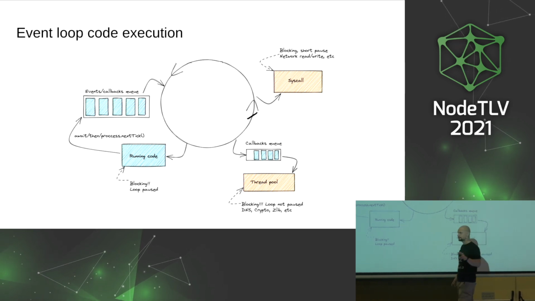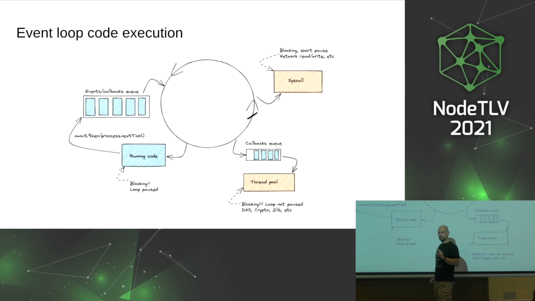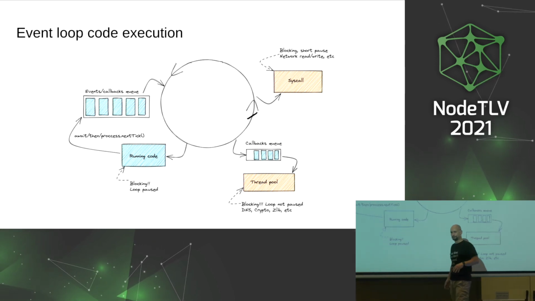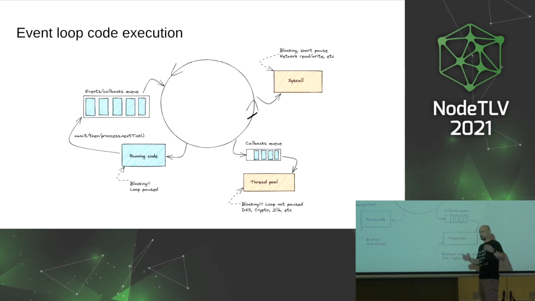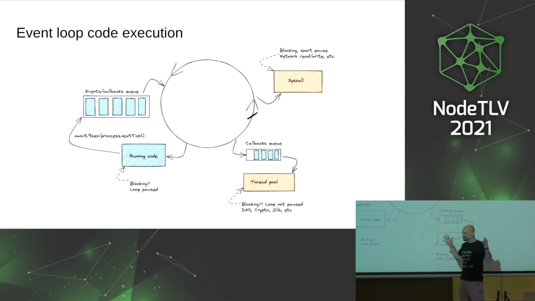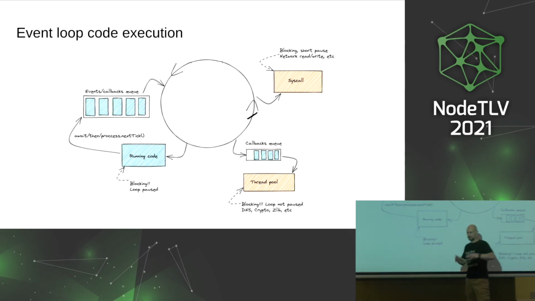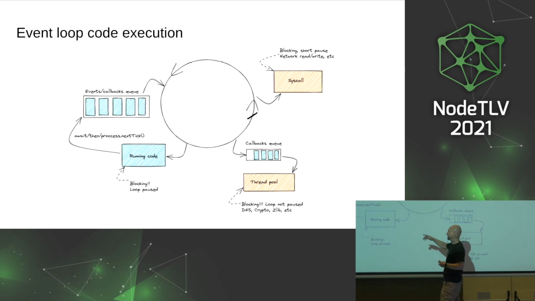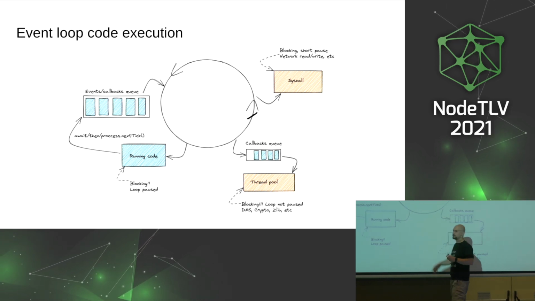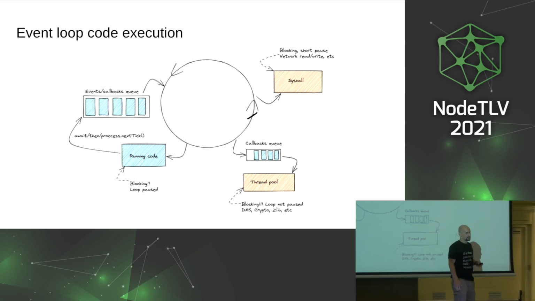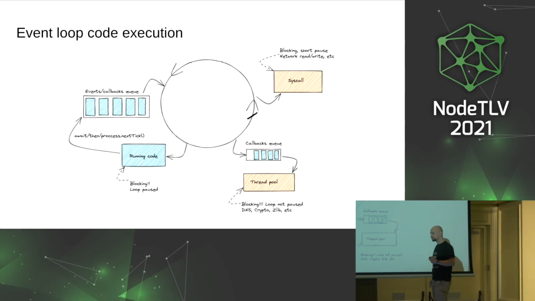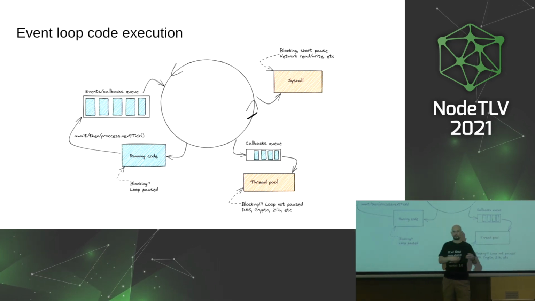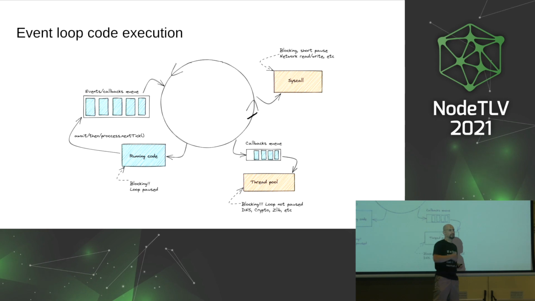Okay? And what happens if the processing of this queue takes a long time? Node.js doesn't move to the next phase until one of two things happens. One, the callback queue is empty, completely empty, and nothing is being queued anymore in that queue. Or second, you have reached a very large number of processed callbacks, which is basically the maximum amount of callbacks that are being executed in one loop iteration, and then Node.js will move to the next phase, okay?